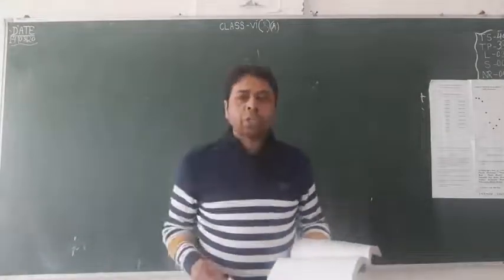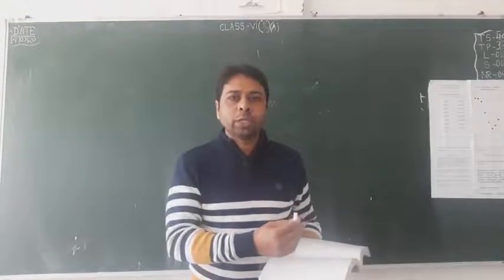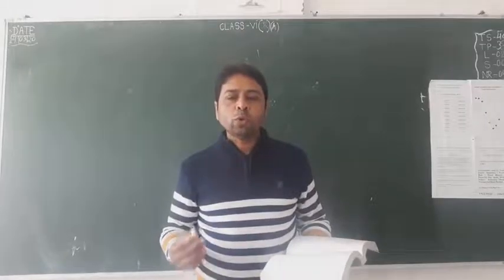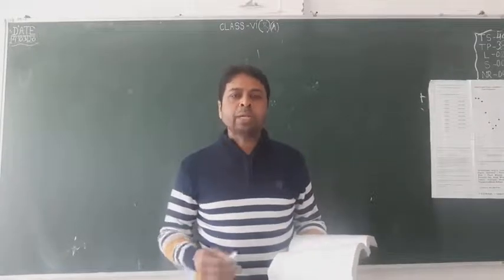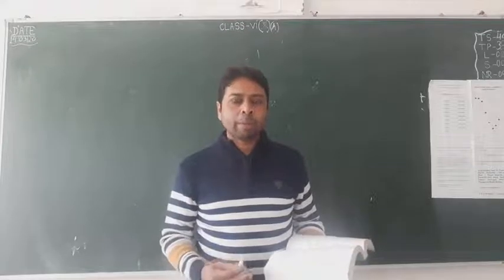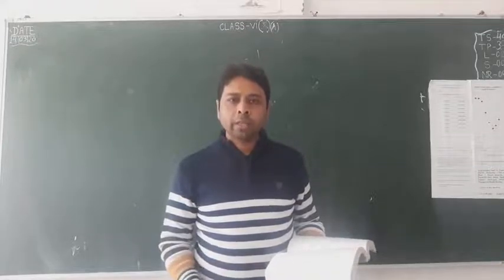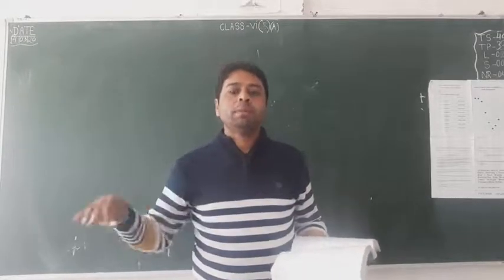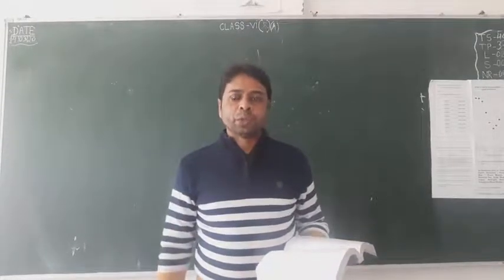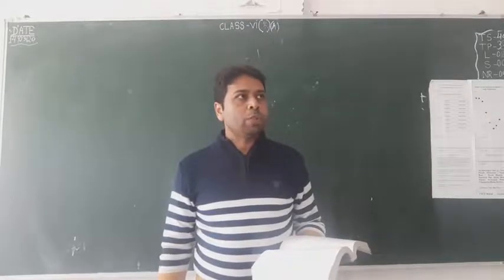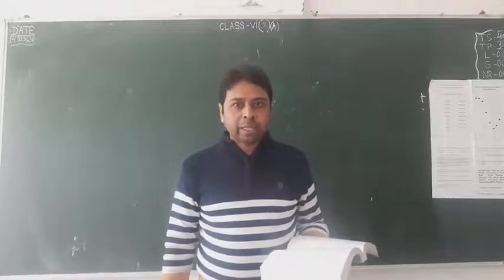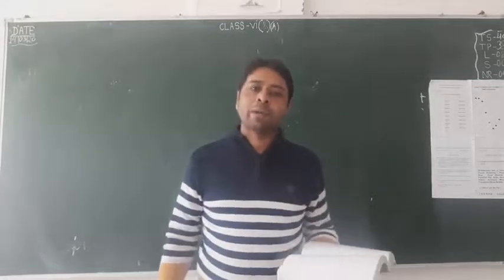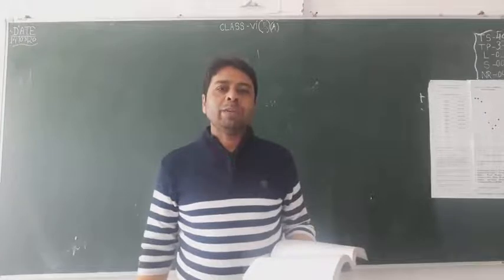We studied the general form and how we can convert to the general form of a line in different forms, so that we could find the slope, intercepts on the axes, the length of the perpendicular drawn from the origin to the line, as well as alpha, which is the angle between the normal and the positive direction of the x-axis. Today we also saw the distance between two parallel lines and the perpendicular distance of any line from any point (x1, y1). So all the concepts we have already seen.